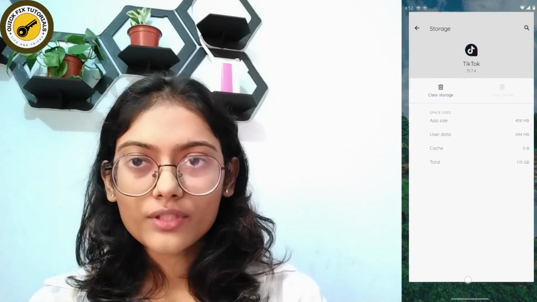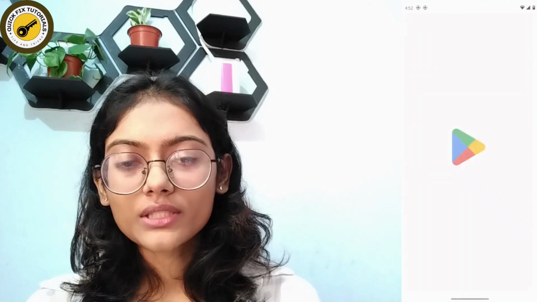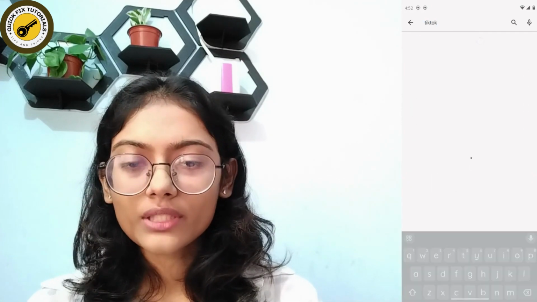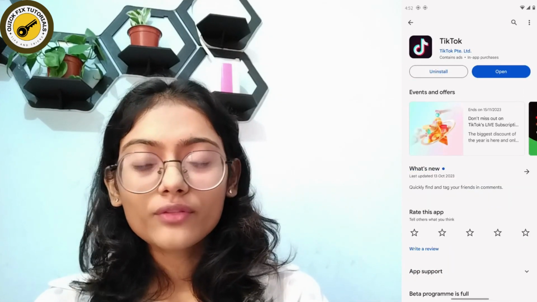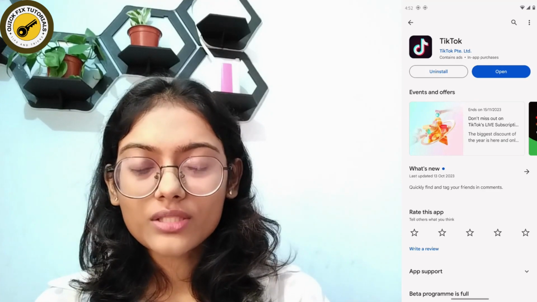But if that still doesn't fix your problem, then open up your Play Store, go for the search bar and search for TikTok. And after searching here, if you have an update option, then simply tap on update and update your application. But if you don't have an update, then the next fix is to uninstall your application, and after